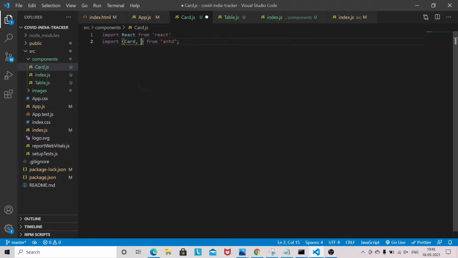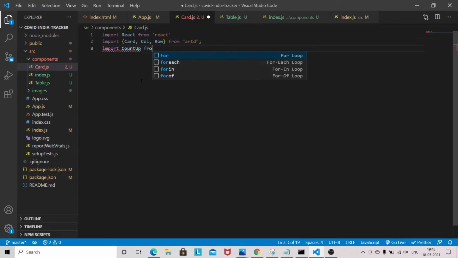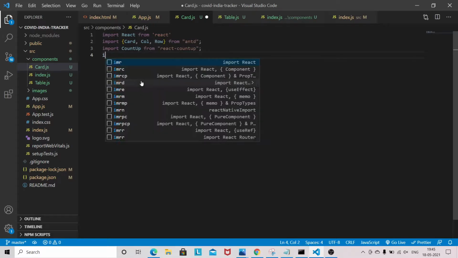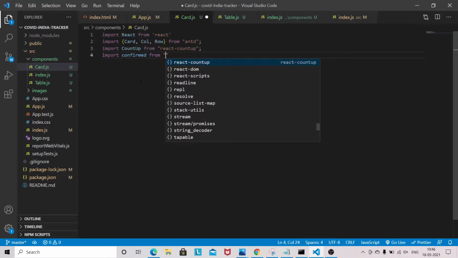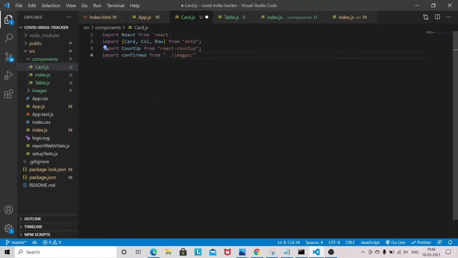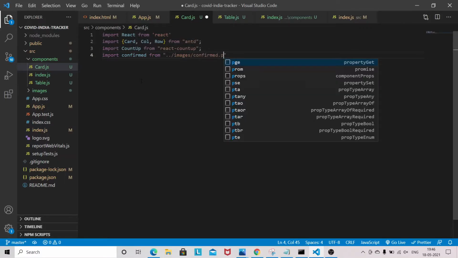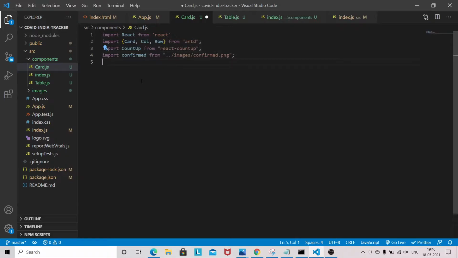So Card, Col, Row, and import Counter from React Counter, and one image also required. Import confirm from image confirm dot png. Okay, so this card